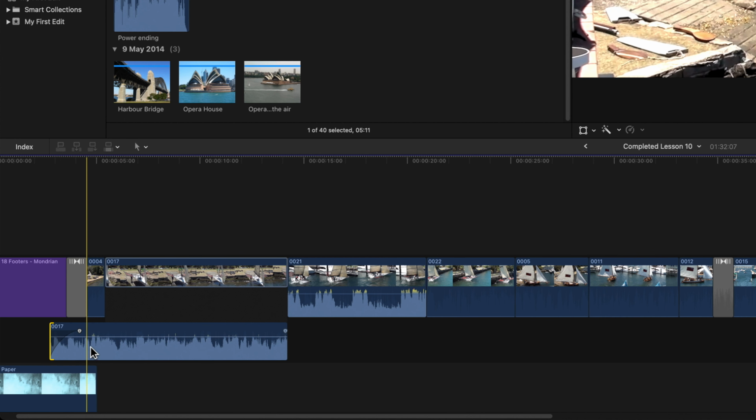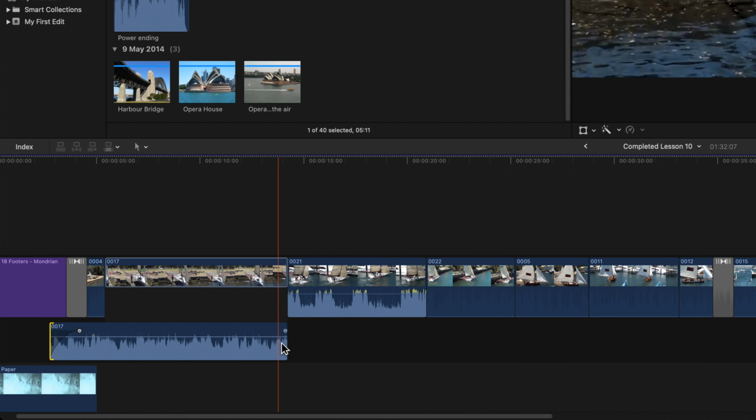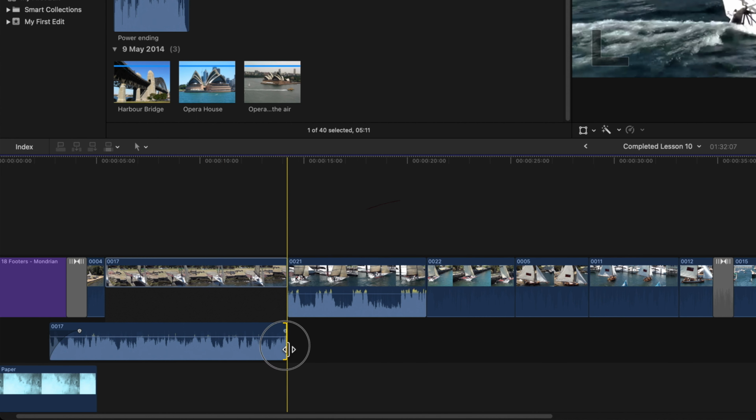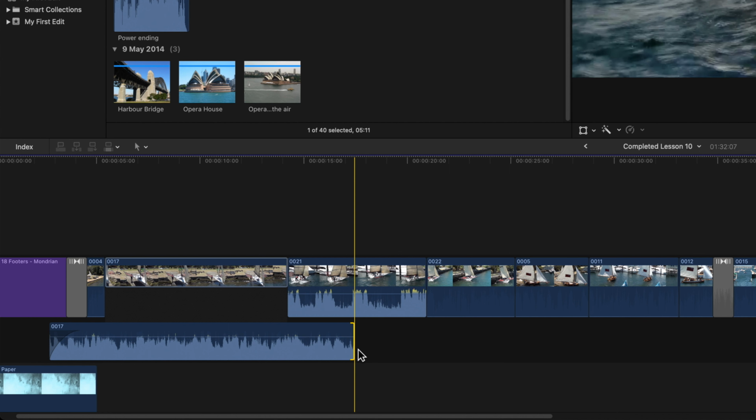And this is an audio fade-in effect. You can also do that at the end of clips. Drag the right side of the audio portion about halfway under clip 21. And here you can drag that fade out button I mentioned to the left as well. There's some audio in clip 21 that you can use, but it's going to be better to use further down